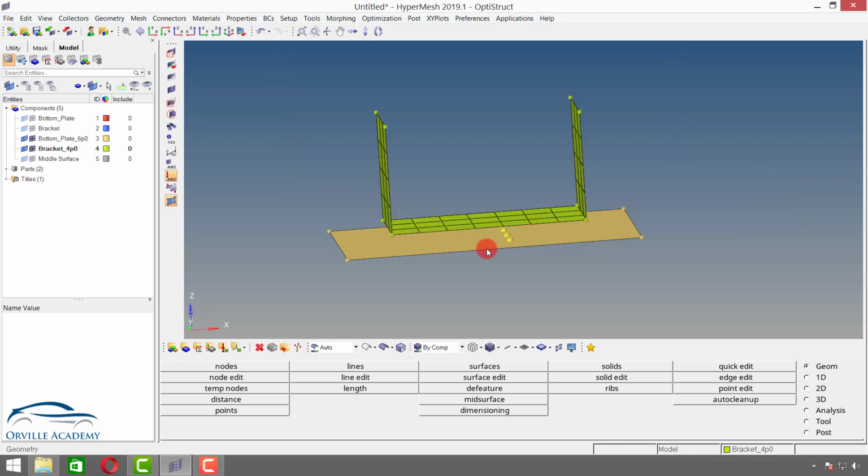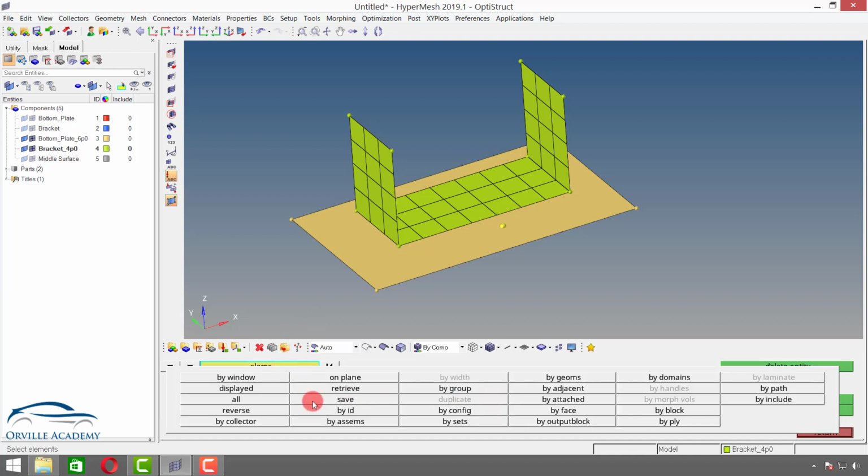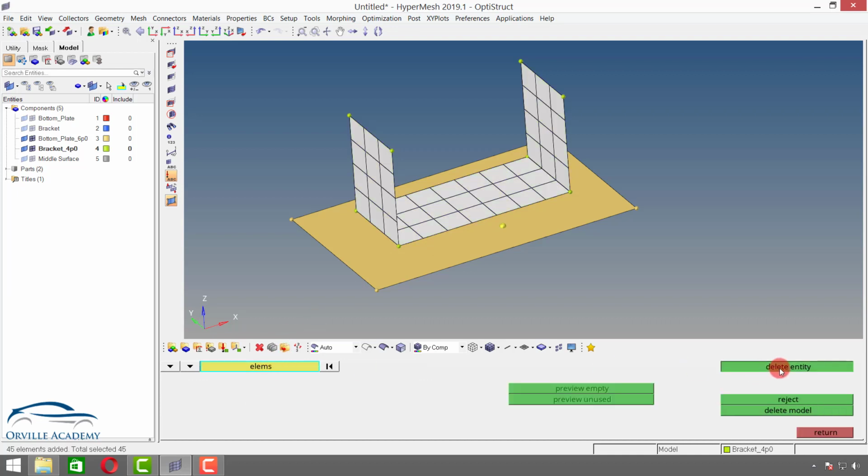Now let me show you in the context of project how we can utilize projection of a node onto the plane. So let's say here it might happen that instead of weld, later on it came to the conclusion that because of weld the stresses are very high, or it is not possible to join these two components using welds. Now the next option is to create a bolted connection. Now let me show you how we can create a bolted connection, but again this is just a procedure. Later on we will deal with it in a much more detailed topic, but here I want to show you an exclusive application of the project command. F2, just delete the displayed mesh, select delete entity.